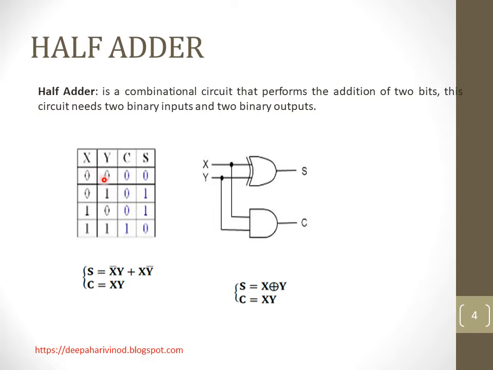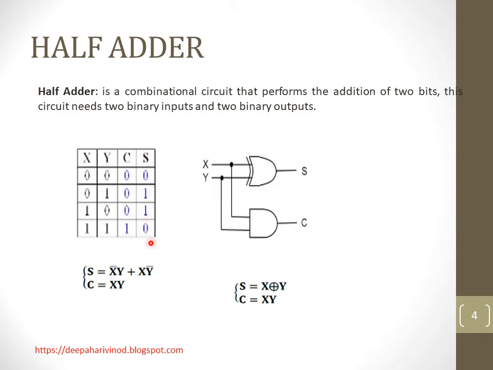Now when both the inputs are 0, we know that 0 plus 0 is 0 and there will not be any carry, so it is 0. 0 plus 1 is 1 and no carry. 1 plus 0 is 1, no carry. 1 plus 1 is 0 with a carry 1. So sum is 0 and we have a carry. So looking into this,